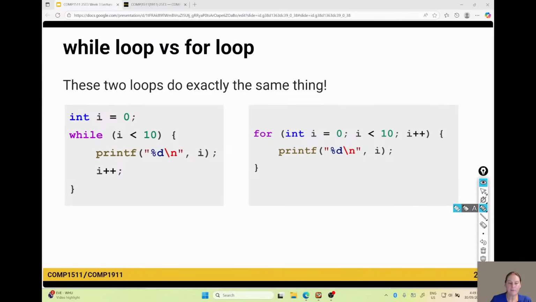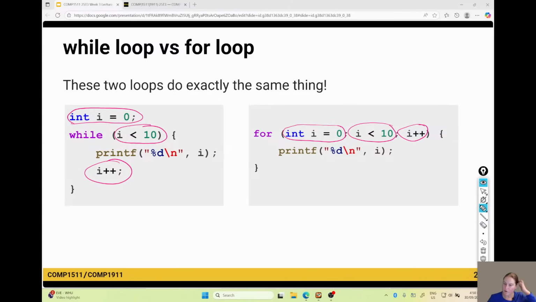We've got the while loop over here. The for loop works exactly the same way, but we just stick this in here. Then we've got our i is less than 10. We've got that in here too. We've got our i++. We've got that in there too. It's all being executed at the same time as it would in the while loop. We're just writing it here differently.